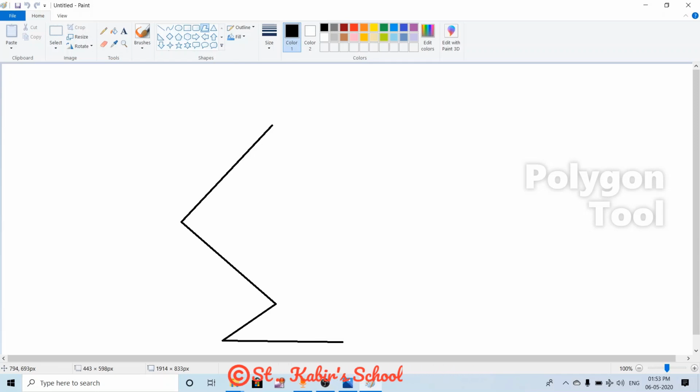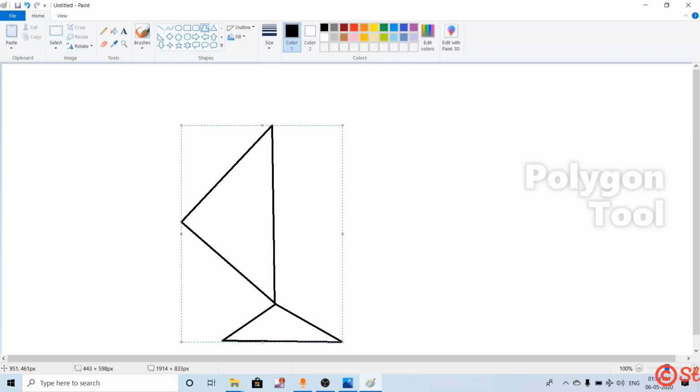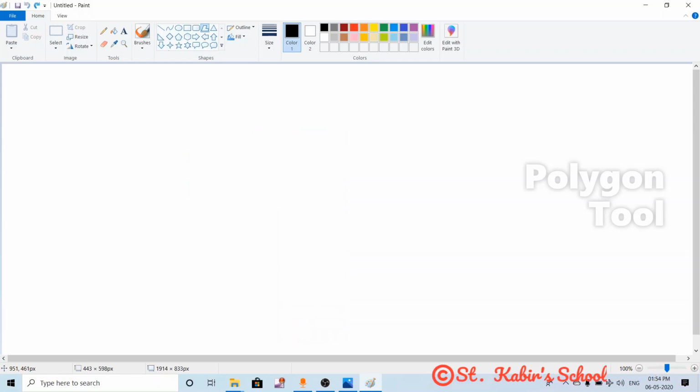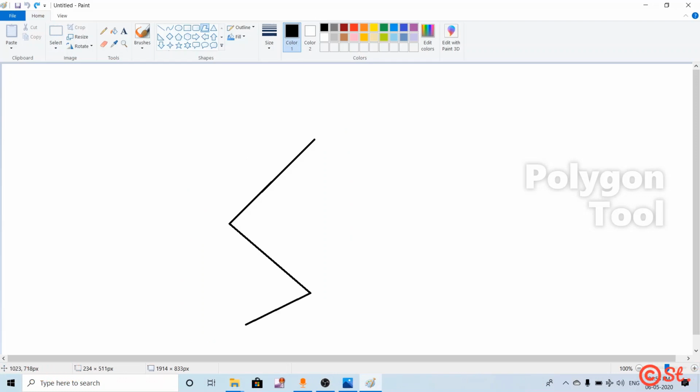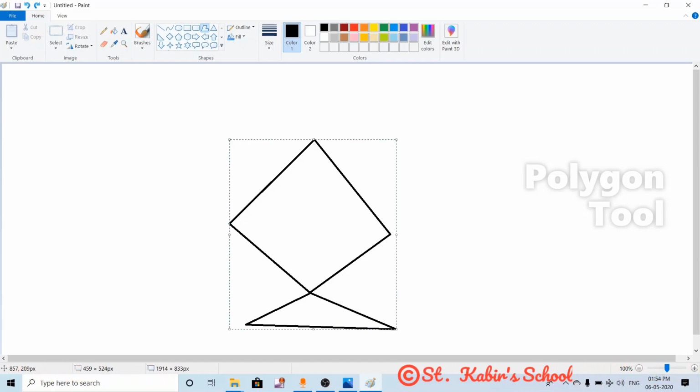See, just click, line will appear automatically. Where you have started, there whenever you click, your polygon will be drawn. So using polygon tool I have drawn this kite.